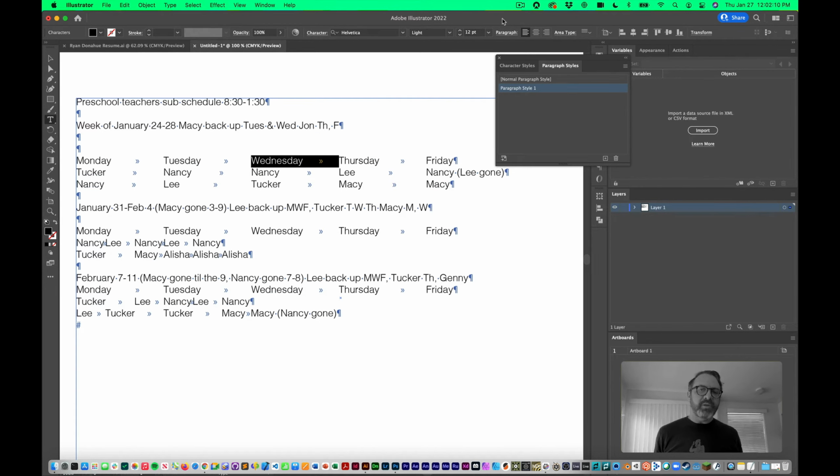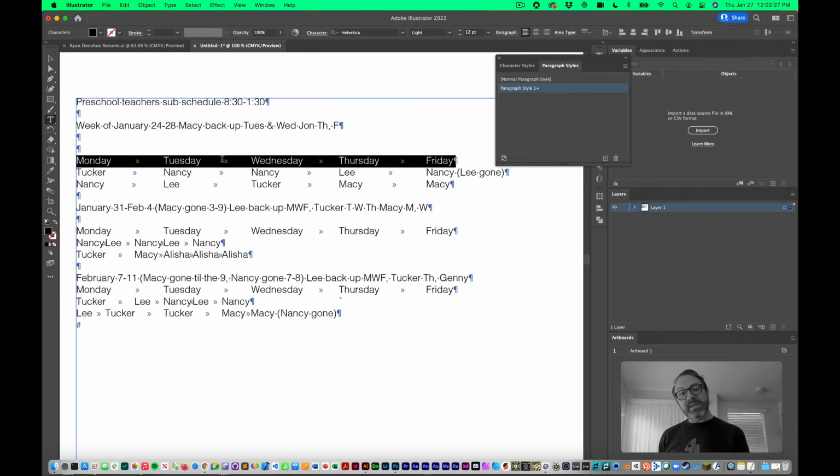So I took just a moment there to clean up the text and get it all formatted so we can look at applying the tabs versus you watching me just type all that out. So I wanted to show here how we can take this top line that we've already done some preliminary formatting with the tabs, and we can use this as a way to create the basis of a style sheet. And then that style sheet will let us apply those tabs to the other lines a little bit more easily. And then if we want to tweak the tabs, it'll be so much easier to update once it's defined in